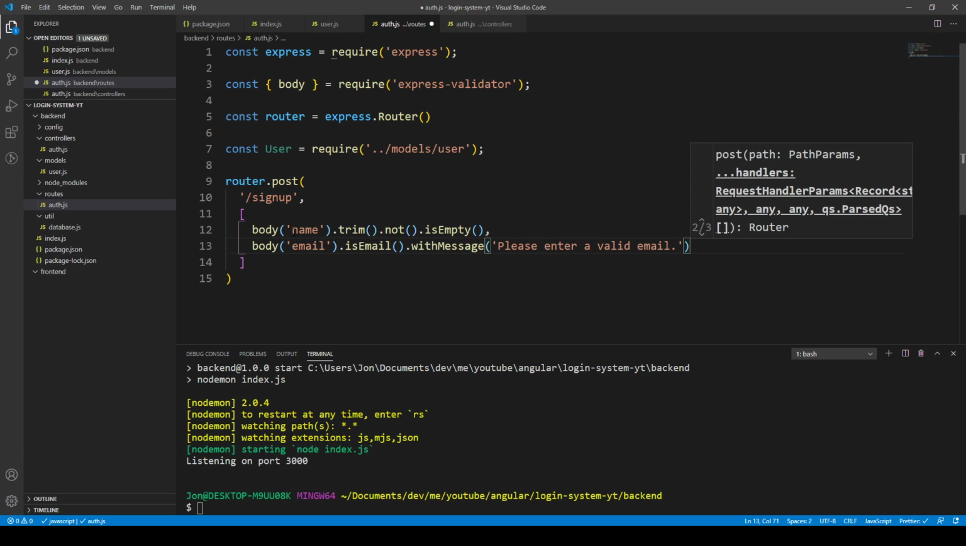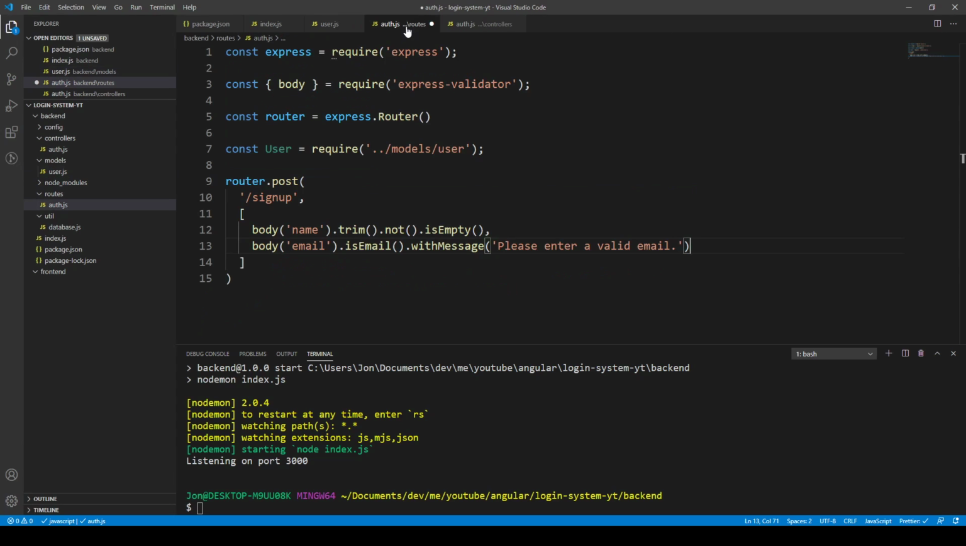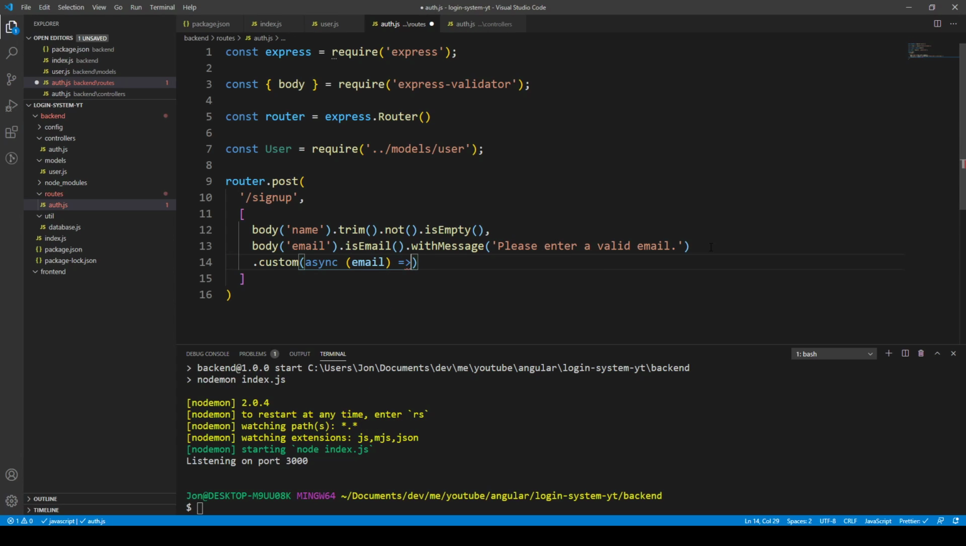So we want to check if an email already exists, and we have this method here where it selects the row based on the email. So if that exists, that means it's a duplicate and we don't want to continue on with making the request. So we can actually have this custom function here, this custom behavior, and this is going to be an async function. So it's going to take the email, and then it's going to